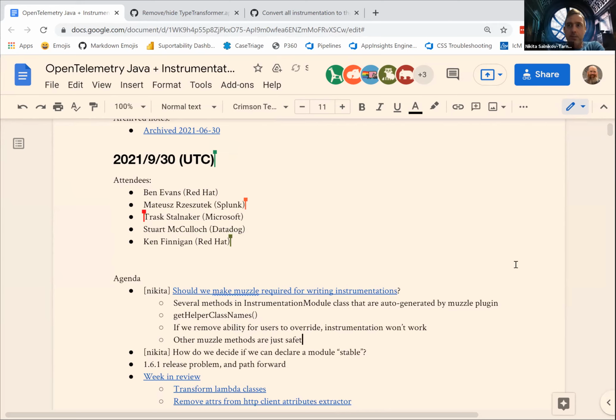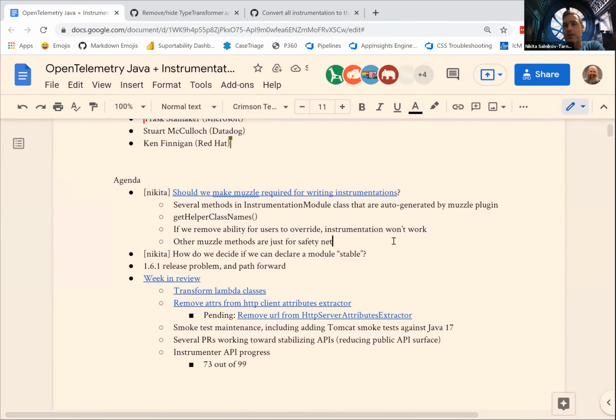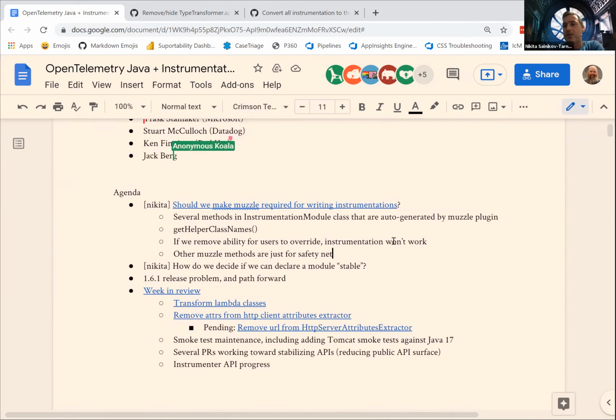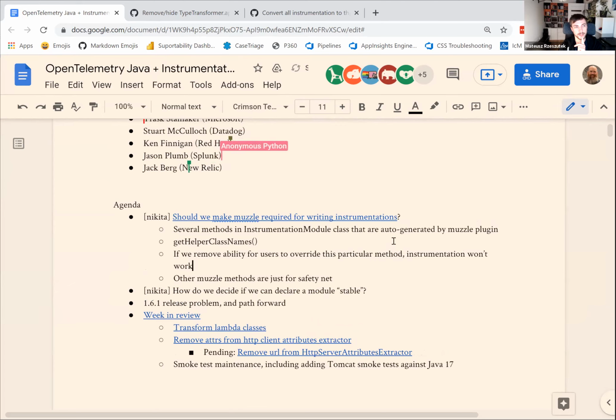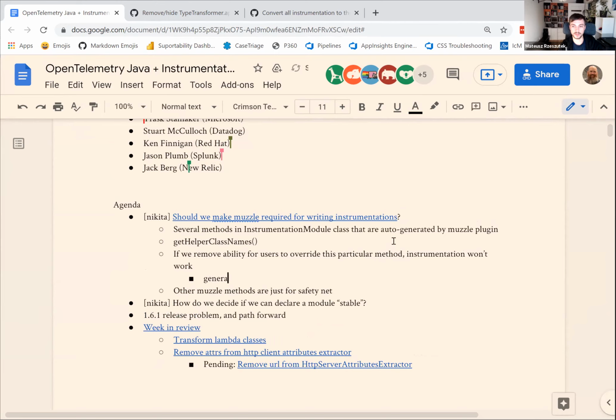We usually generate it by muzzle, but if somebody writes an extension and adds new instrumentation and doesn't want to use muzzle for some reason, they can just implement that one method and everything will continue to work without the safety net, but it will continue to work. If I may just correct one thing, we have one method for generating the context or virtual field mappings, which is not exactly the safety net. I mean, if Muzzle doesn't pick up those classes, the fields won't get injected to those